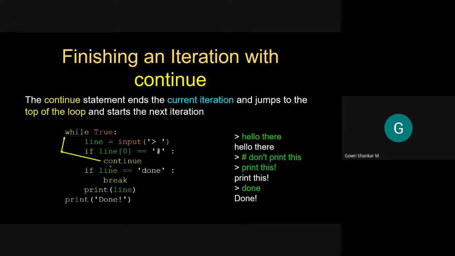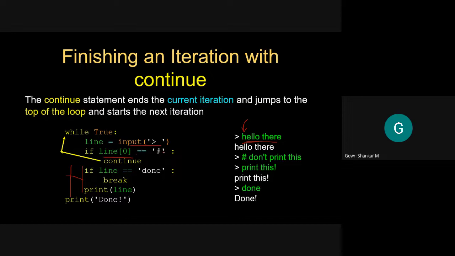So if we see here, whenever we see continue, we are skipping these statements. These statements will not execute. It will go back to the next iteration of while. Okay. So you see here, what is happening here? Now we are getting some input from the user. This is the input, and we are checking whether the input the user enters, it is always a string. Okay, and in a string, what is the character that is present at line of 0, right? So line of 0 is this entire string, and this is your first character. So this is line of 0, h. If it is hello there, then line of 0 is h.